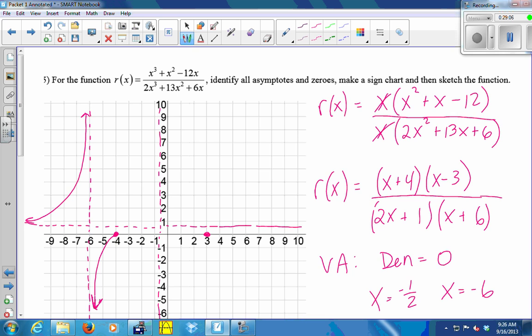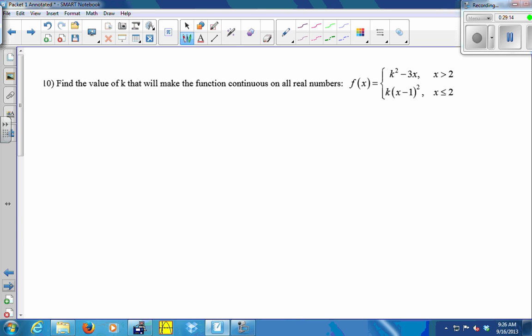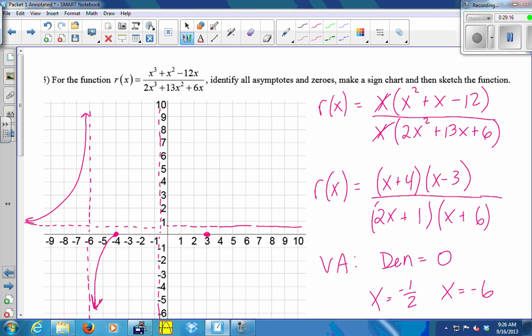And then from negative 4 to negative 1/2, it's positive. Is that right? Oh, yeah, okay. So it's going to